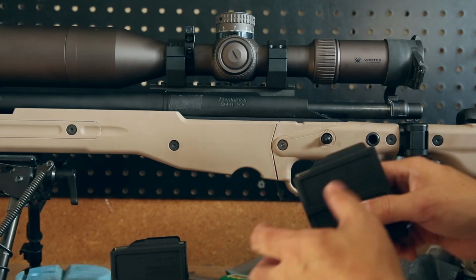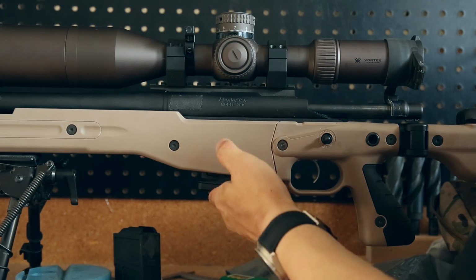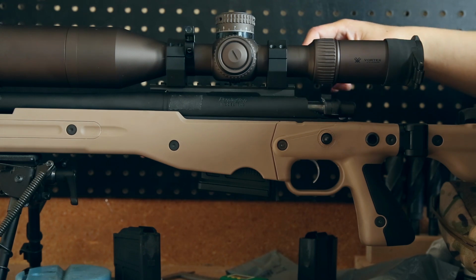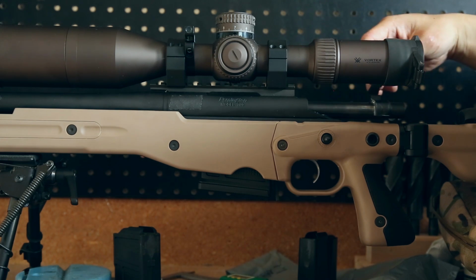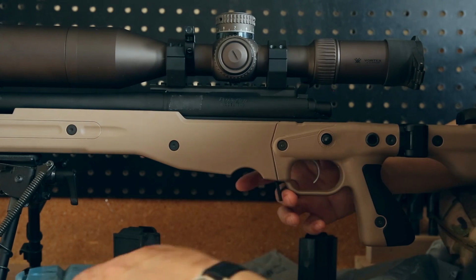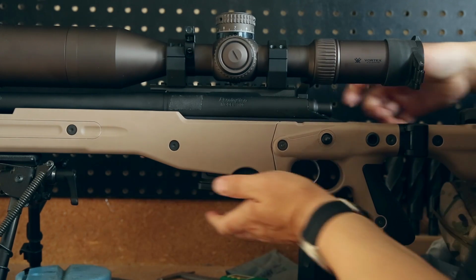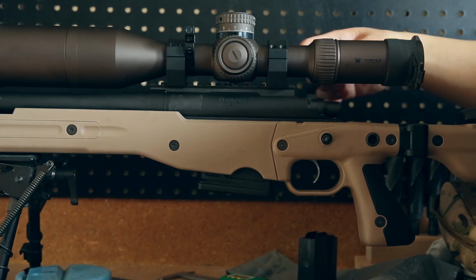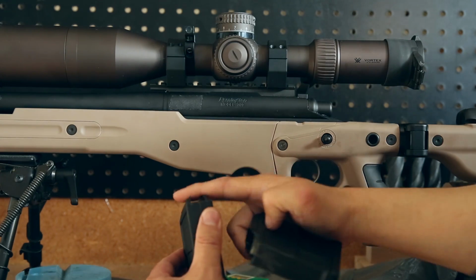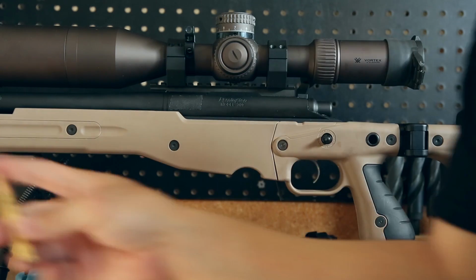One other note, there is some bolt drag on the Magpul PMAG. If you put it in here, I can actually feel, and you can actually hear the bolt drag against the top of that magazine. To me, that's not a big deal. I'm not sure if this magazine's doing it, the new one. Yeah, it does drag. Some people have noted they don't like that, and they've tried to file this off. Personally, I did file a little bit off, and it still doesn't make too much of a difference,